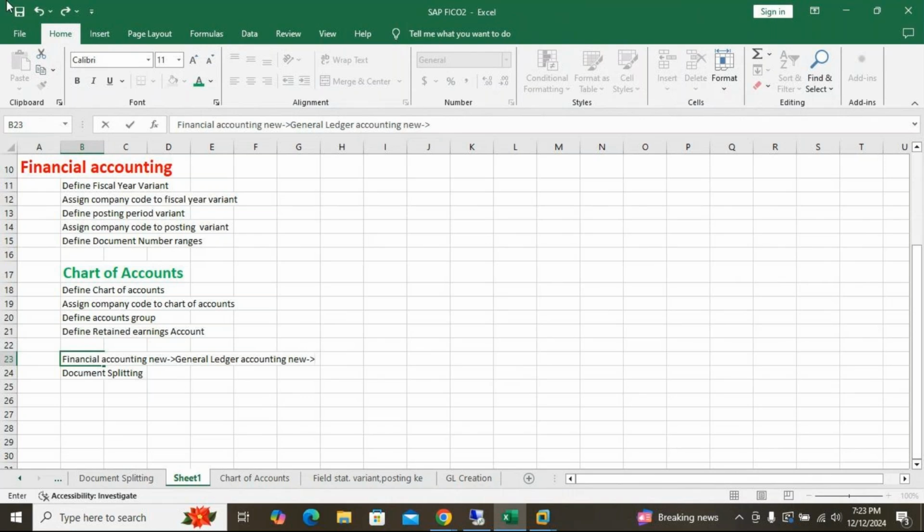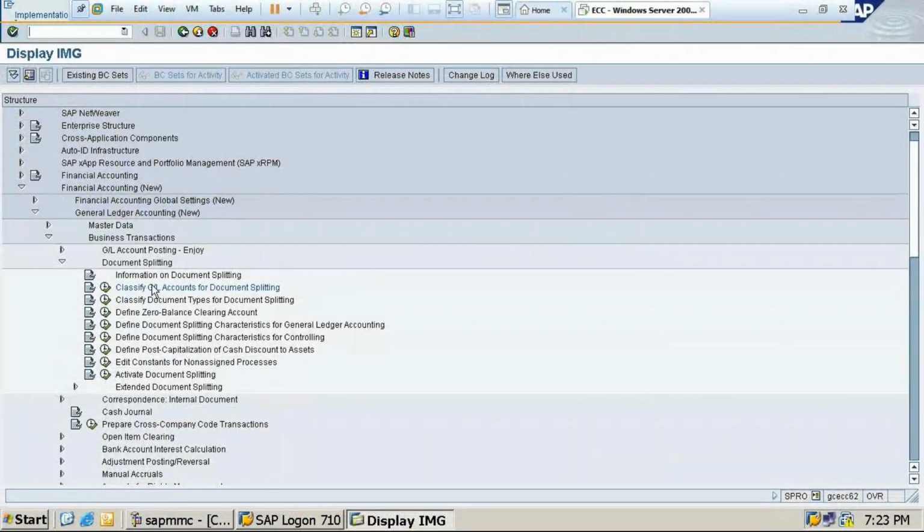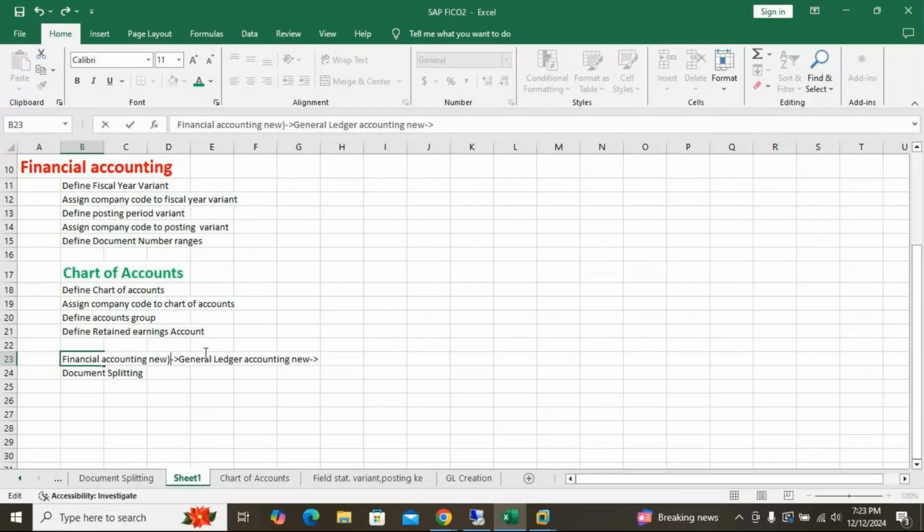See the path: general ledger accounting, new, business transactions, then document splitting.